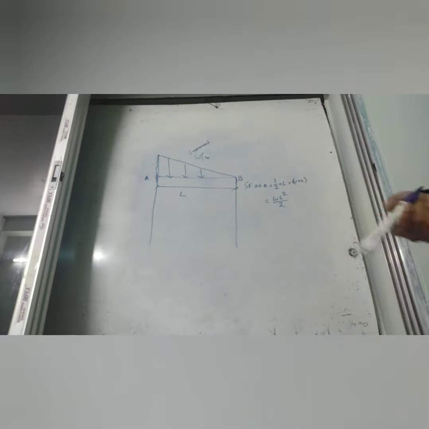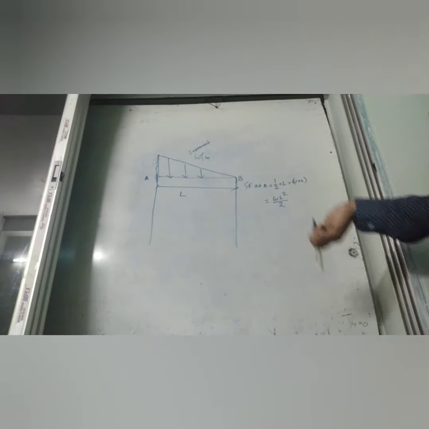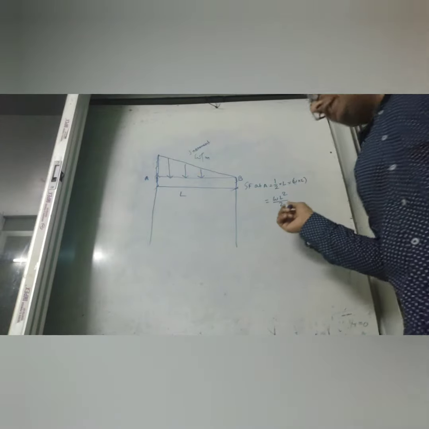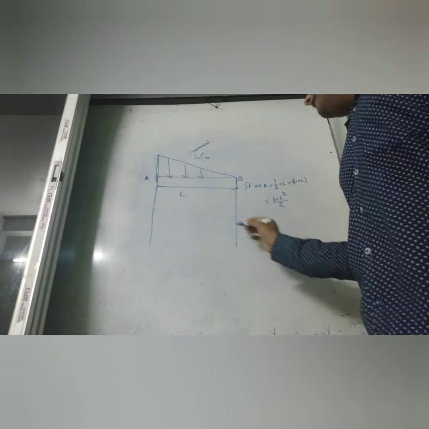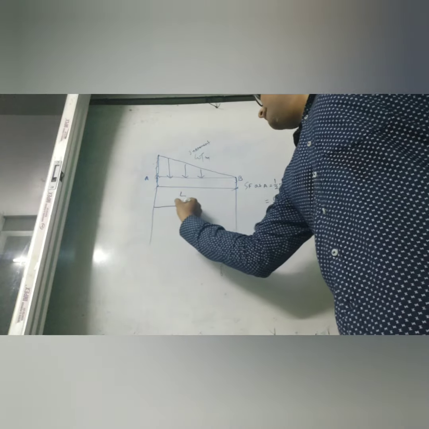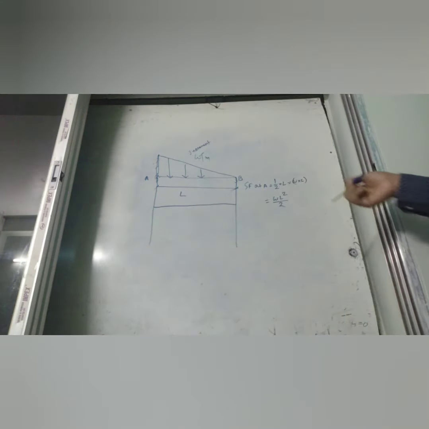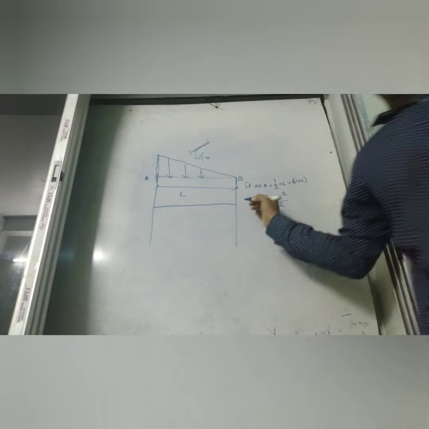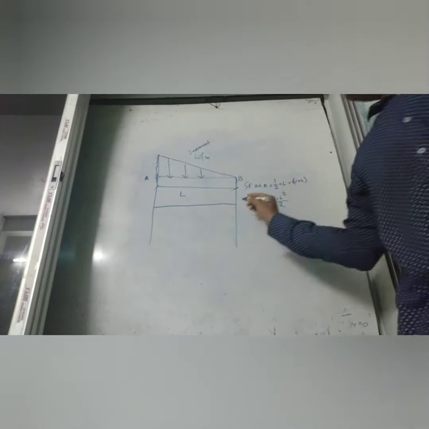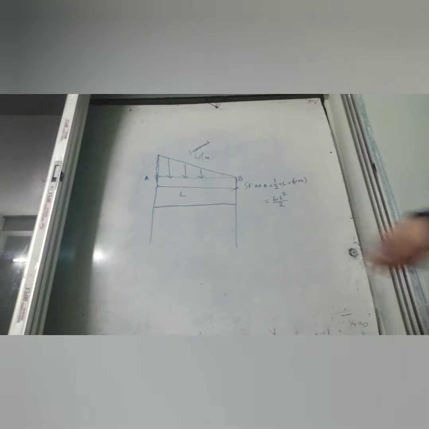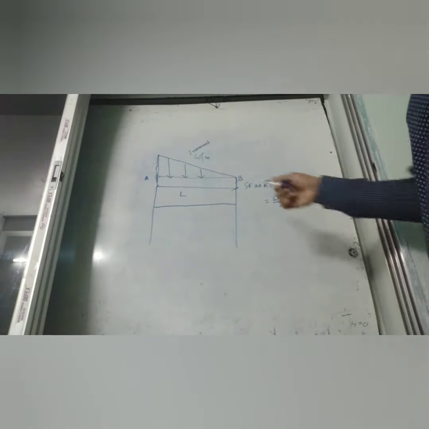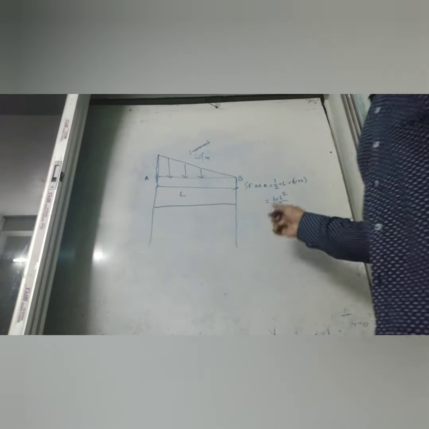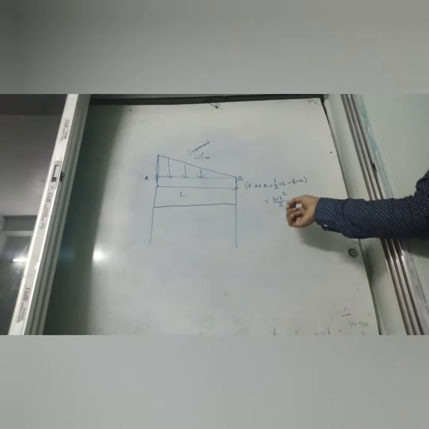So this is the formula for the UVL. If we apply the UVL load on a cantilever beam, then we can calculate easily through this formula. Now before the calculation for bending moment, we go for the shear force diagram. In case of a cantilever beam, the free end is always 0. If no point load or any other load is given, the shear force diagram starts with 0 and the maximum shear force comes here, WL square by 2.